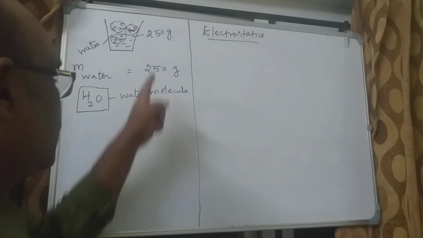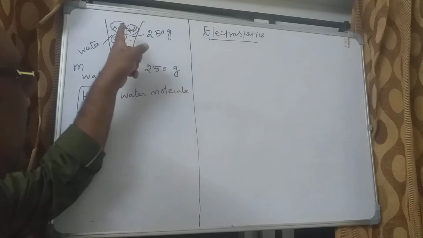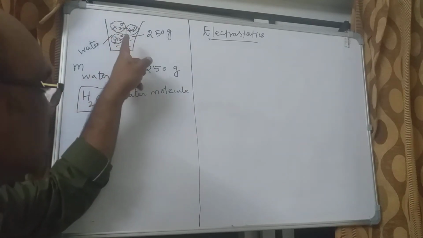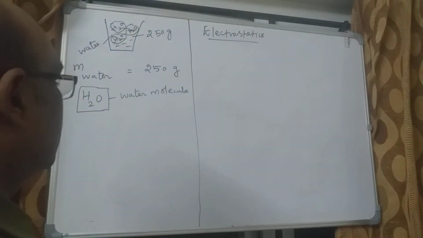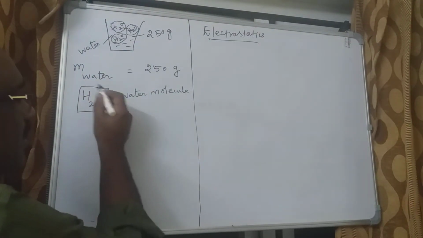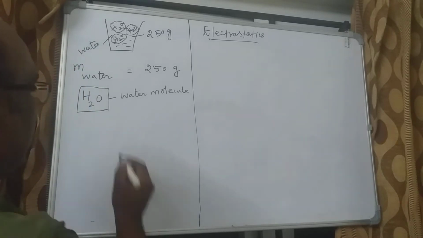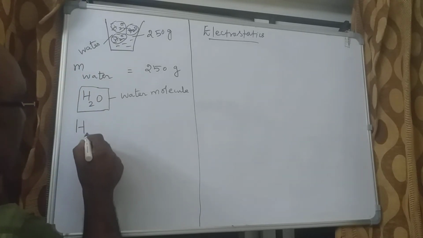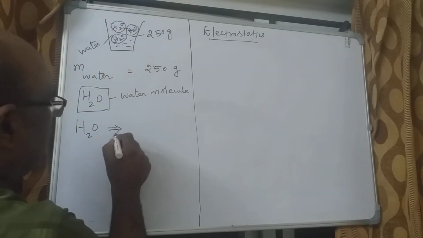So, in this 250 grams of water, how many water molecules are present inside, we are going to find. Now, let us take this formula for water, H2O, which can be written as